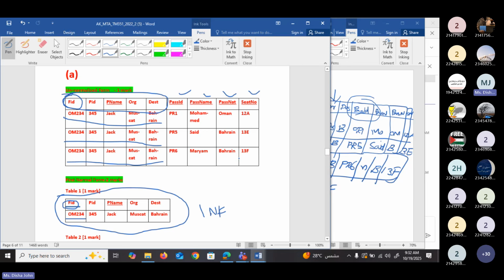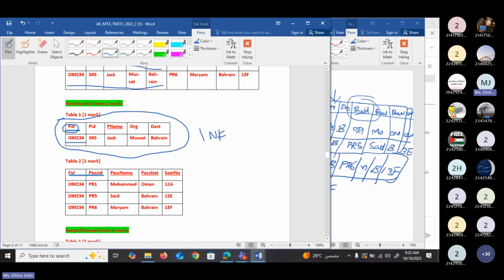That's why we are taking flight ID along with these columns. So that will be the second table. Here you can see flight ID and passenger ID, then passenger name, passenger nationality, and seat number. And here we need to decide what the primary key is.